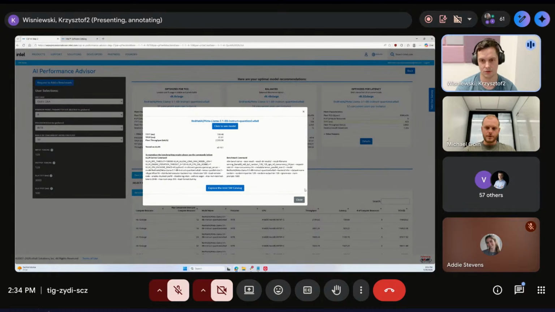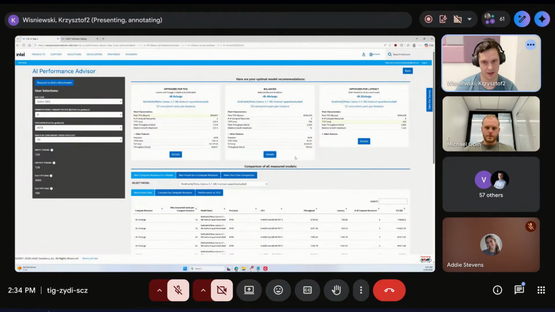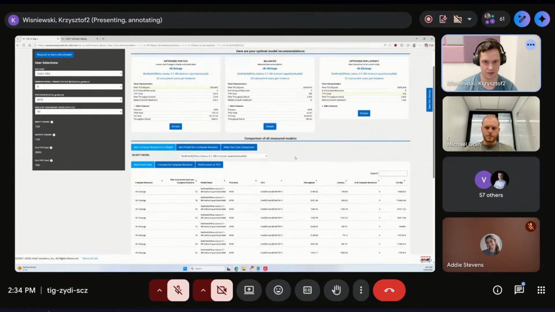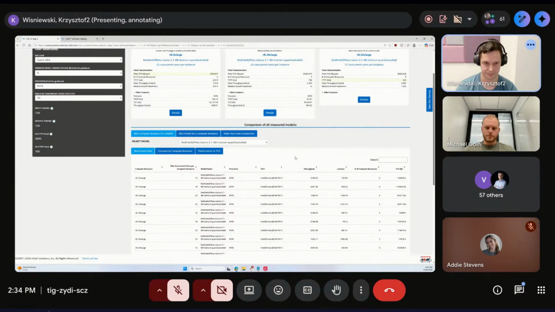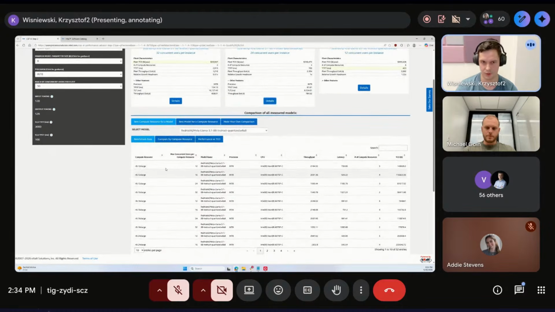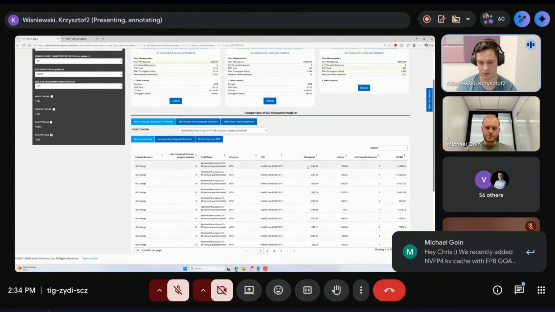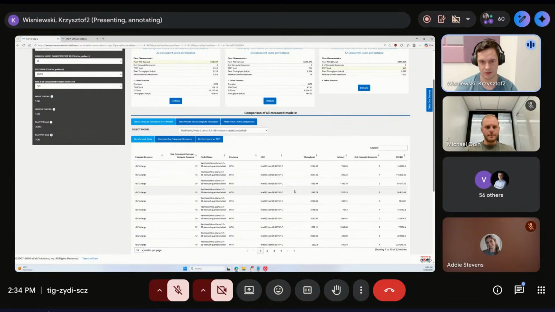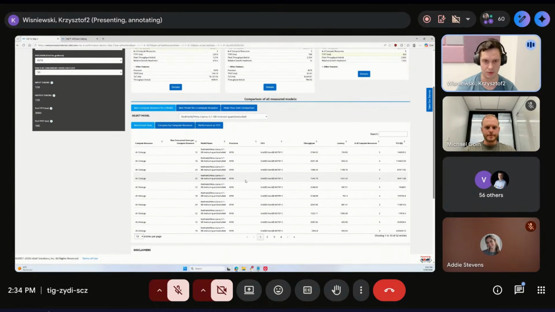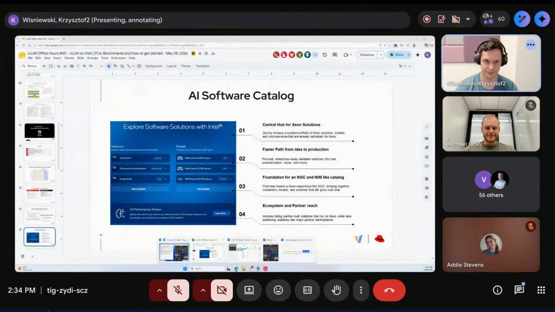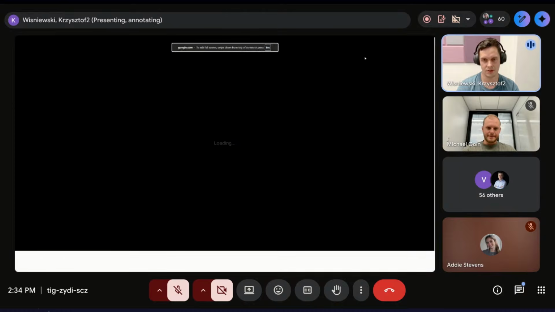We also have page where you have optimized parameters for all other models. And also below that, you have just pure data from the benchmarks, what was measured. And this not necessarily is recommendation. This is just pure data if you want to go into that. So going back to the presentation, we also have